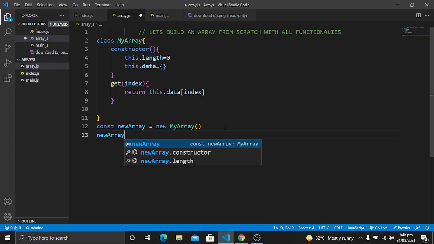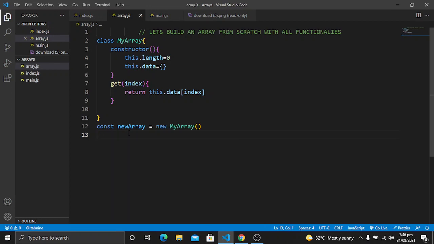So first of all, if we want to get an item from the array, we must have items which are already present in the array. For this we will create a push method, and with the help of the push method we will push items to the array, and then we will get it with the help of the get method.